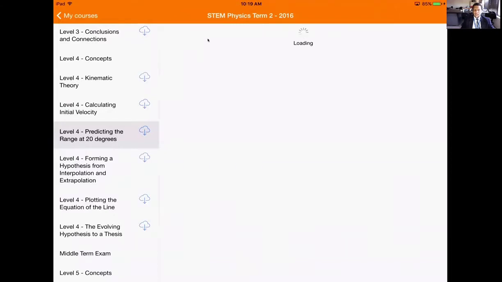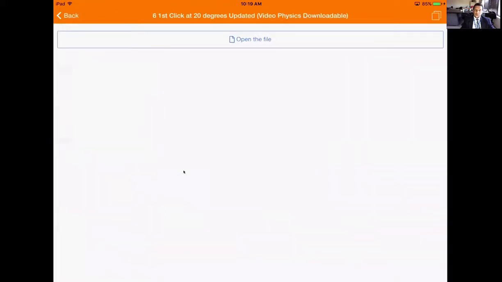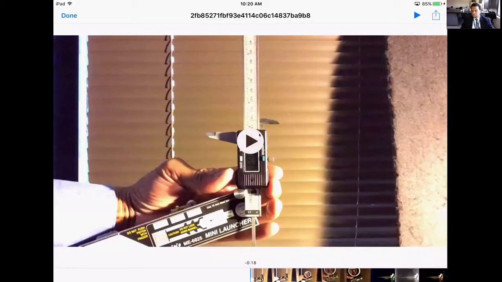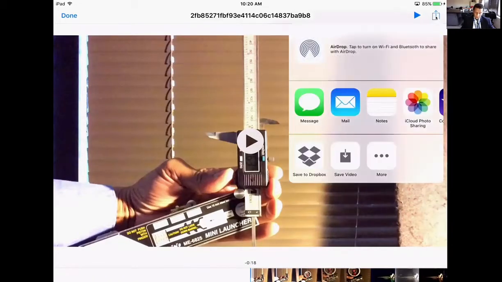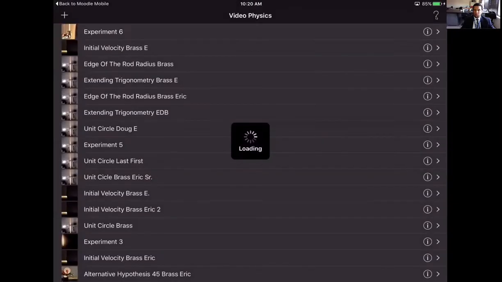earlier. And instead of doing the first one, I'm just going to go ahead and do the second one, this updated video. Okay, I'm going to select that, and then I'm going to open the file. And once I open the file, I'm going to go ahead and share this with Video Physics. So it shouldn't take long at all once it's shared, and you'll see that it's coming in as